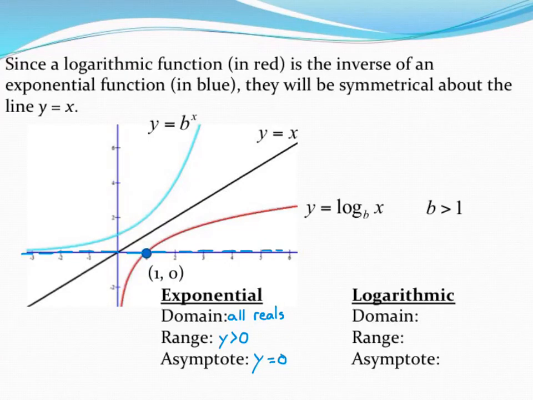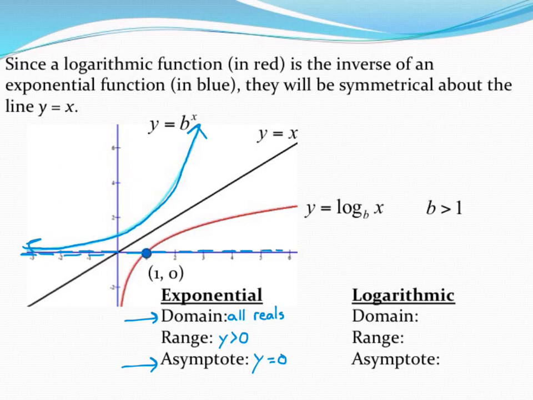In order to describe the domain, range, and the asymptote of a logarithmic graph, it's helpful to remember what we already know about an exponential graph. And so we can take a look at some things we've learned before. This is our exponential growth curve. We've described the domain as all reals in the past. Our range was y is greater than 0, anything above the x-axis, and then our asymptote was that horizontal line